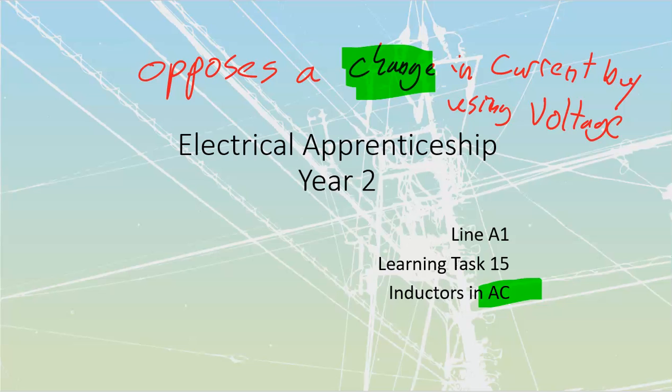And the way that it does that is it's going to use voltage. We use that analogy of the little linebacker, and that the little linebacker is going to be our counter EMF that we are going to generate that is going to slow down the rate of rise of voltage that we would normally otherwise get out of our inductor. The big thing is that now we're working inside of AC, which means that